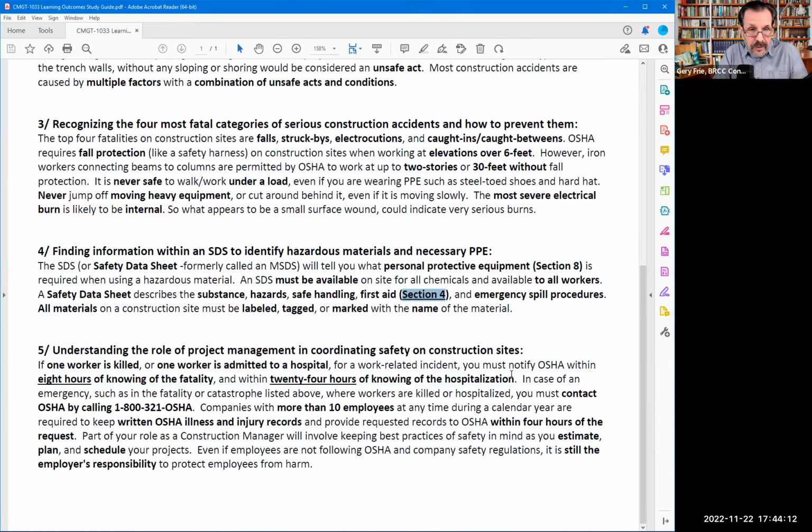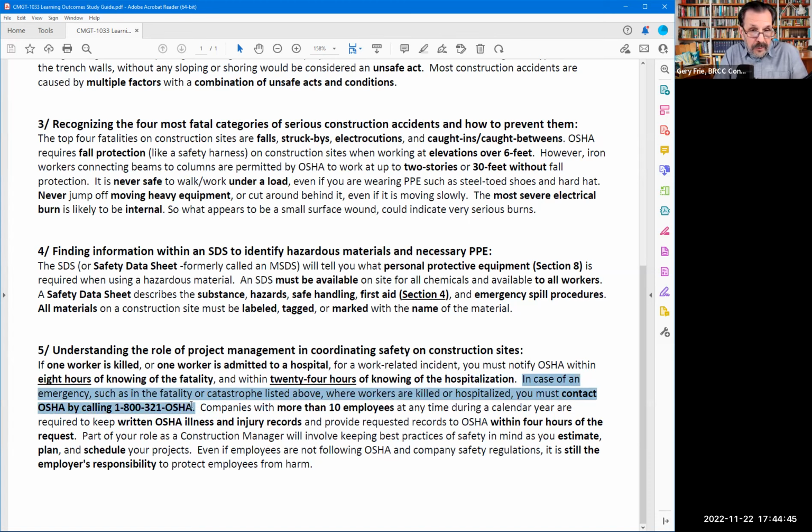Okay, so that was a longer sentence, a couple of lines involved. In the next sentence, in case of an emergency, such as the fatality or catastrophe listed above, we call. Fatality, of course, we know that, but a catastrophe is often a term we'll use when somebody has to be hospitalized. It can also be part of a horrible accident where there's major property damage, but still, catastrophe is a more general topic. But anyways, if somebody has to be hospitalized, where the worker is killed or hospitalized, you must contact OSHA by